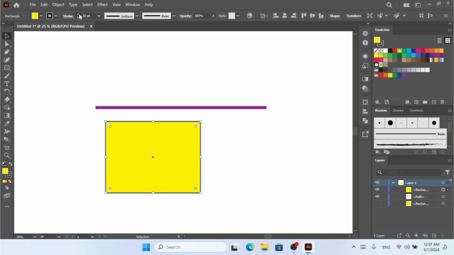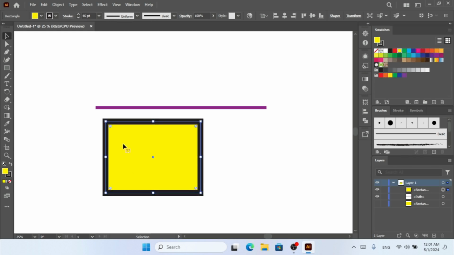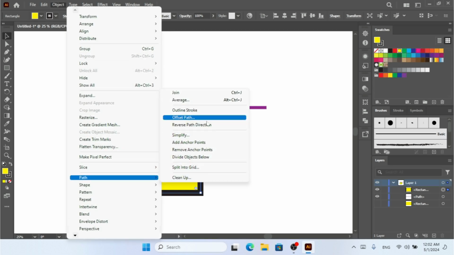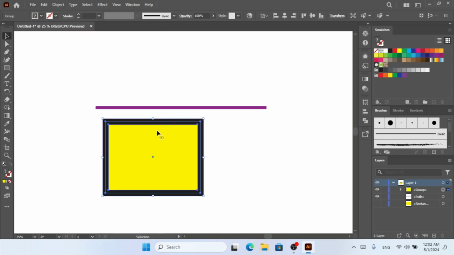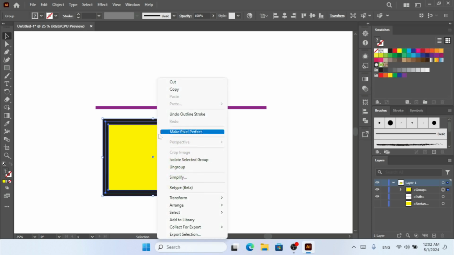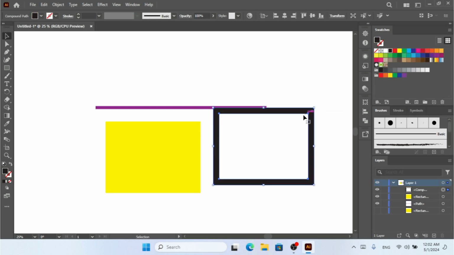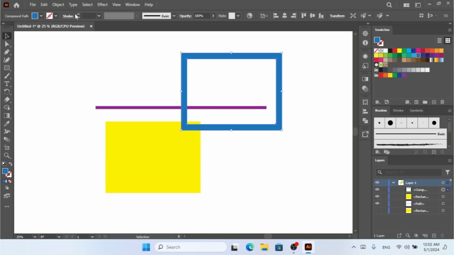what happened now with this shape is that we have this stroke for this shape. So now if I just go to the object here on the path and click on this outline stroke, I need to ungroup this first, ungroup it. Now this is a completely different shape. I can change its color, and also I can use this. So if I want to apply any stroke to this,